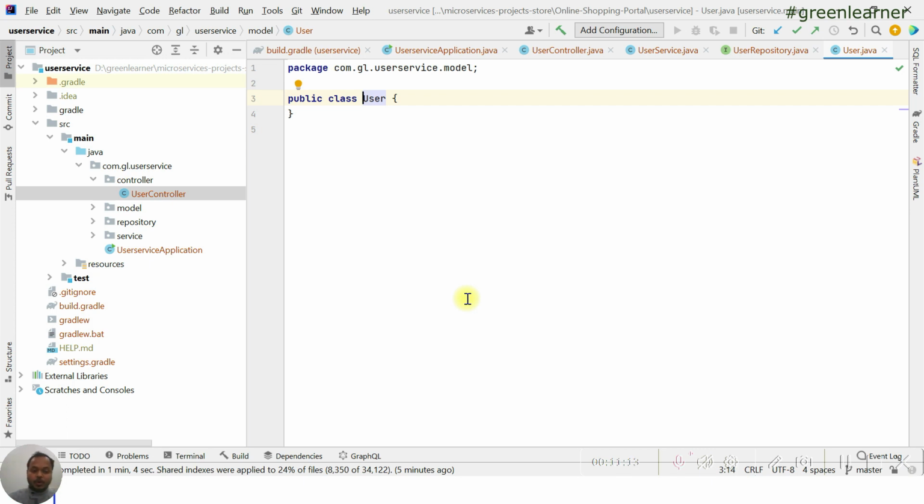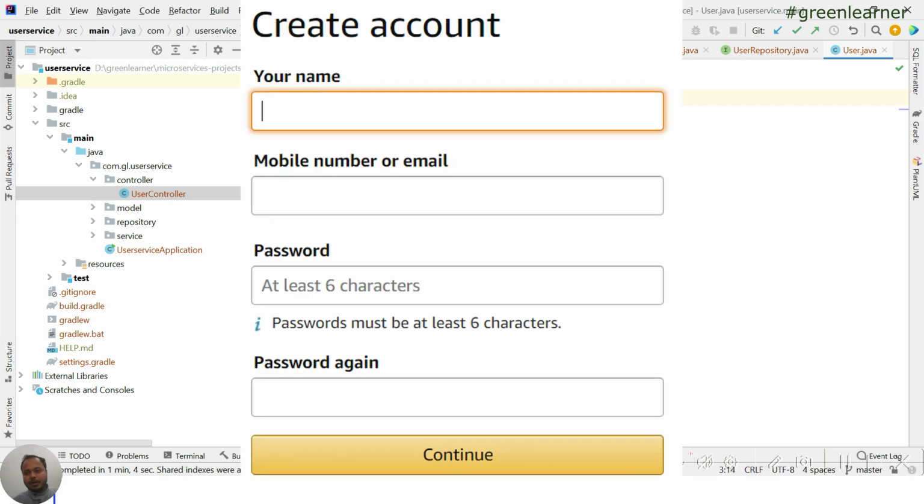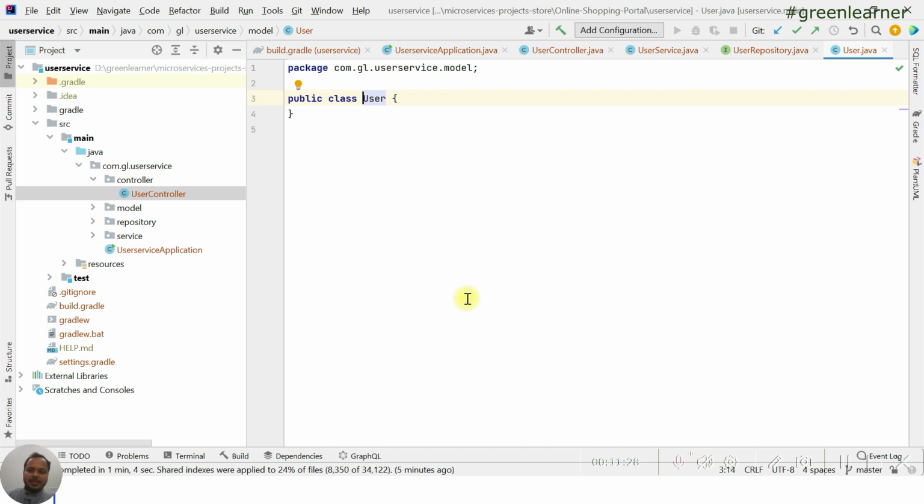As I have shown you the user sign up page in the previous video itself, it is going to need a minimum of information that we need to ask from the user. So the first thing is the name, the second is the email, and the third is the mobile number. Email and mobile number can be optional. These are the basic things that we need, and the other thing is the password that the user can use to log into the system. So those fields we are going to add here.